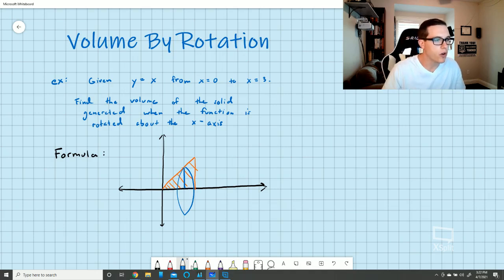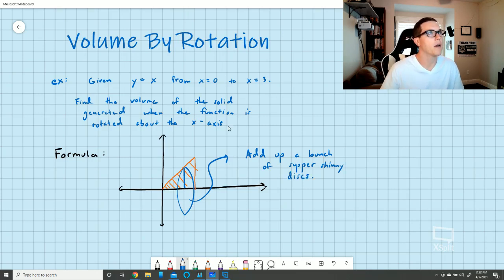So really what we're going to do is add up a bunch of super skinny discs. That's the plan. Add up a bunch of super skinny discs. So let's talk about one of these discs. The area of a disc